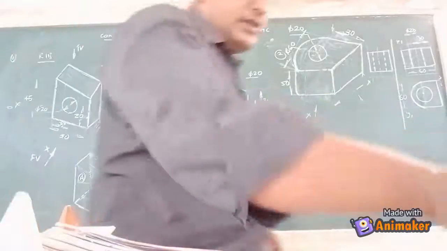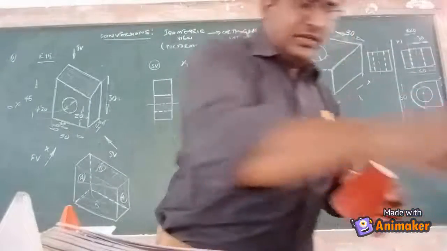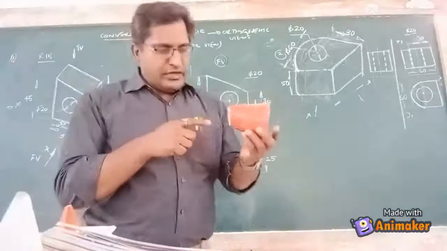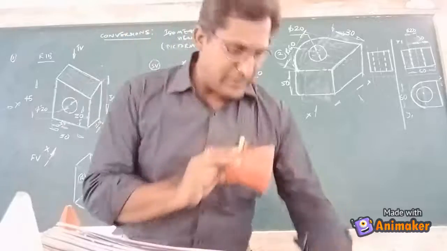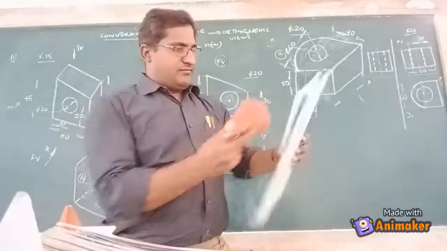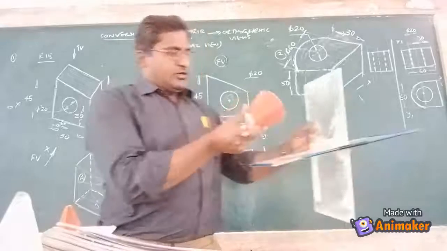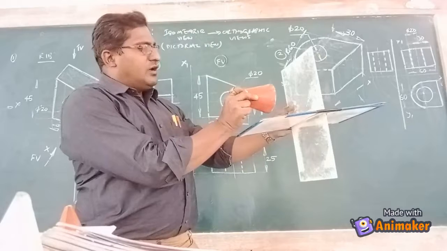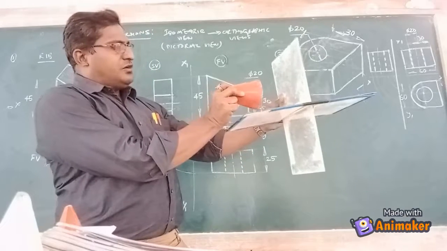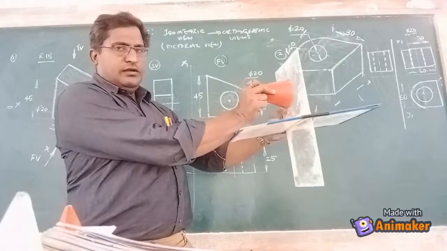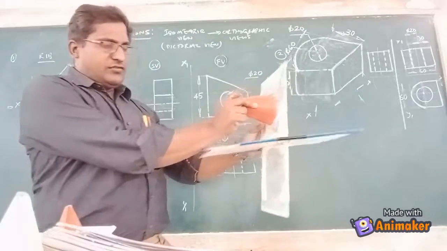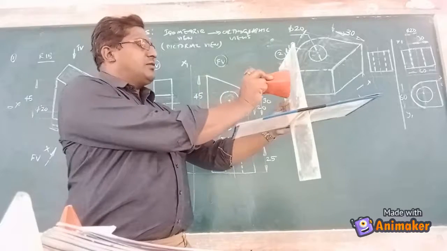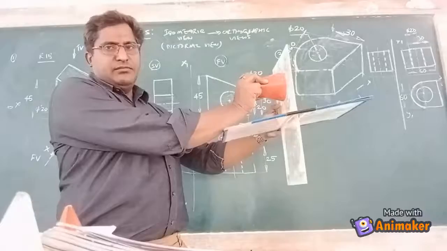If you look at this particular cone, the first angle projection deals with the observer looking at the object from here, this is the object, and we have a reference plane which is like this. So the object is placed like this. In first angle projection, the projections of the object from the direction of view are going to fall on a reference plane. So this is our first angle projection. Basically we are looking from the front, and the projection plane is at the back side, behind the object.